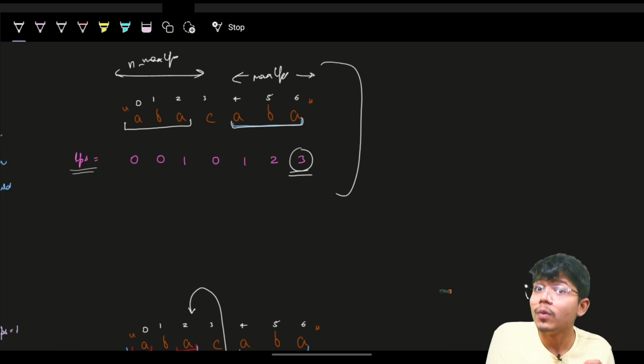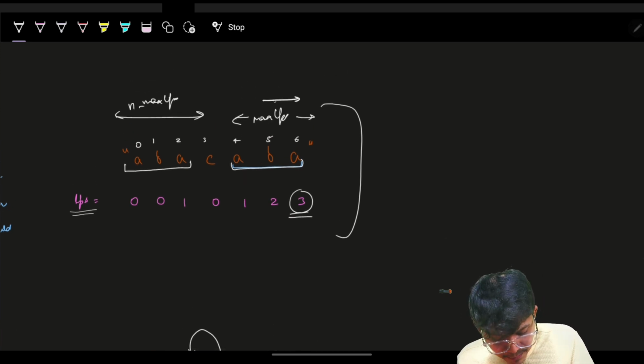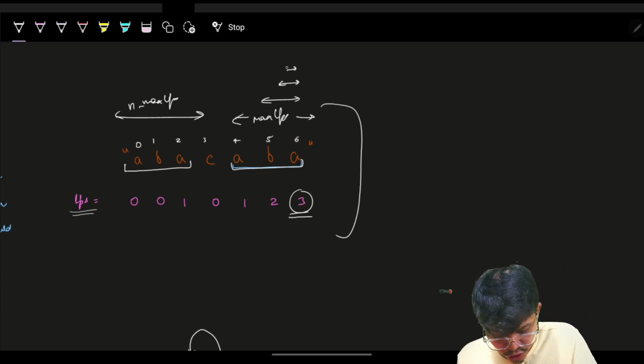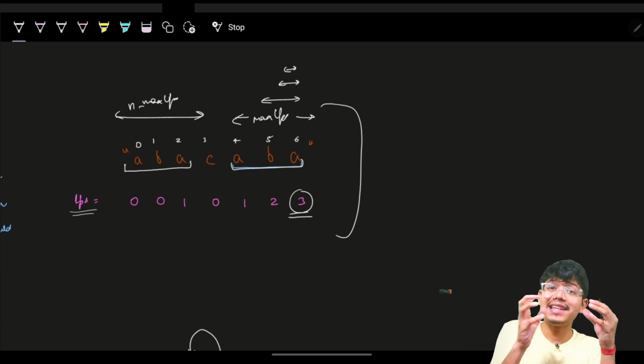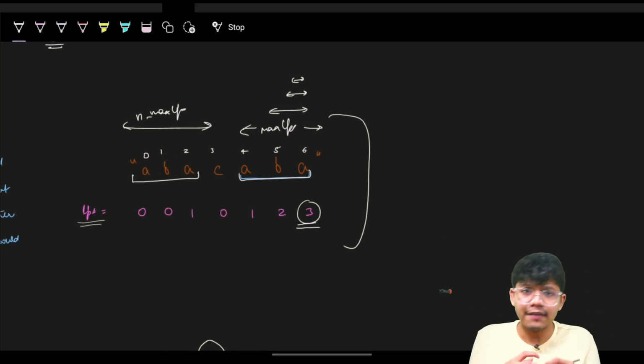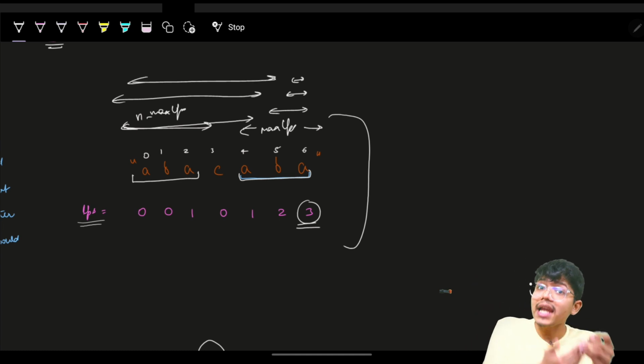Which means I will have to shrink this max LPS length. I will try for a shorter max LPS length, which means I will keep on shrinking this length. Now, why are we shrinking the length? Because we want this value to increase, and when this starts increasing, I can encounter